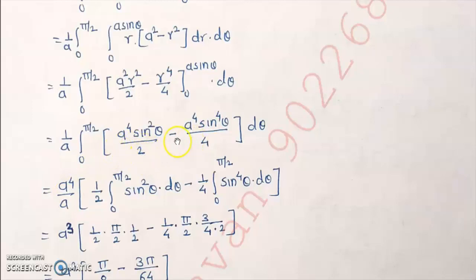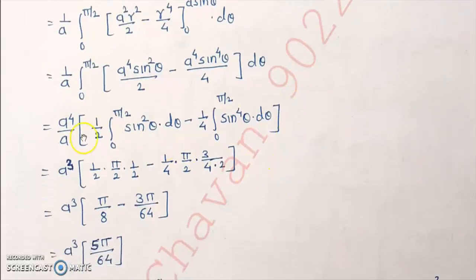Okay, and with this minus sign we separate this integral as half of integral of sine square theta d theta minus 1 by 4 times integral of sine raised to 4 theta d theta. Why is this so? Because we have a ready formula from the beta gamma function for integration. So a raised to 4 by a gives us a cube, half as it is. Now see here,